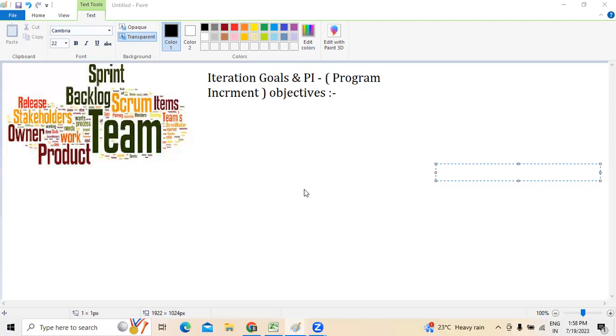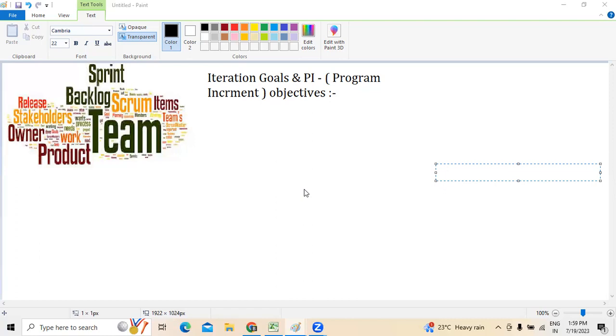Before we write any iteration goals as well as the PI objectives, we have to understand why we are writing them, as it is already common for organizations to treat objectives as summaries of the features or the stories, the items committed to in the program increment as well as the iterations. But in most cases there is a misunderstanding of the major purpose, what it is that we want to achieve.